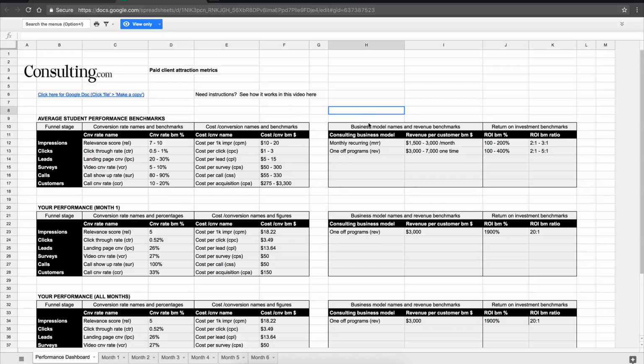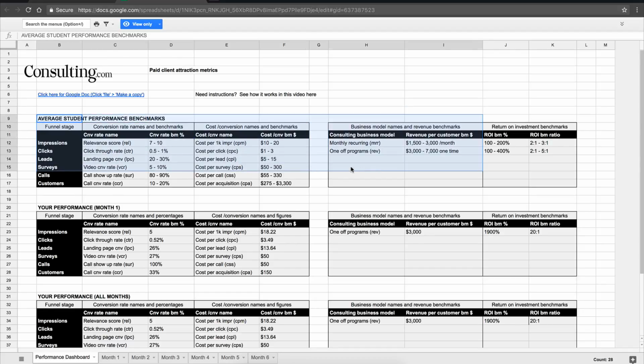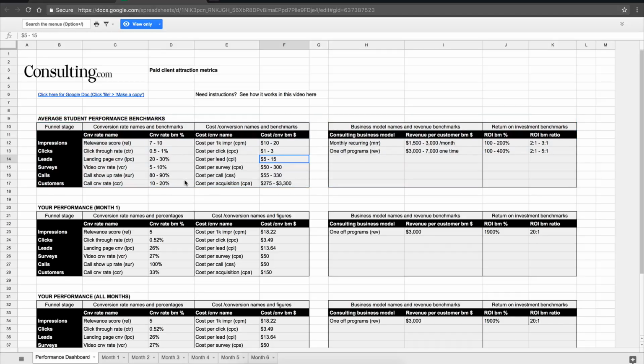So this spreadsheet right here, it's very powerful, and it basically shows you all of the key numbers. So on this first tab here, you can see it says Performance Dashboard. And up here it says Average Student Performance Benchmarks. Well, up here, these aren't your numbers, and you don't need to worry about anything up here. These are purely the benchmarks from most of our successful students. So we've had thousands of students come through this program and do amazingly well. And so I've looked at all of those students, talked to them, analyzed their funnels and their ads and everything,